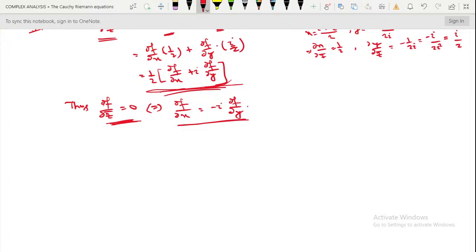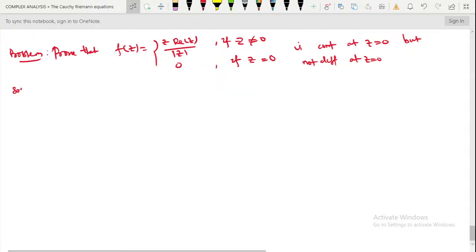You have to show it is continuous at the origin but not differentiable at the origin. So now, continuity: if the limit as z goes to 0 of f of z